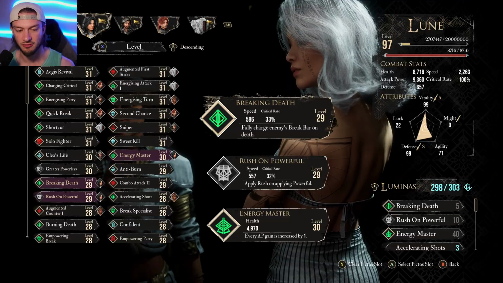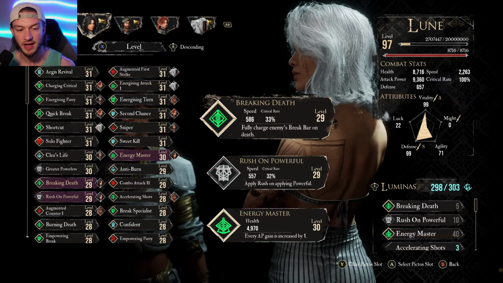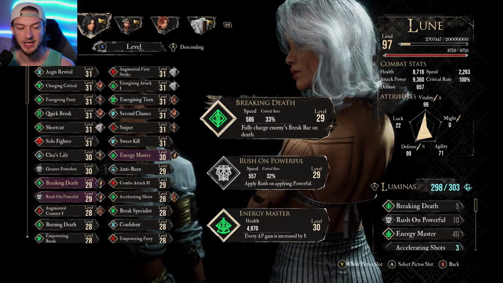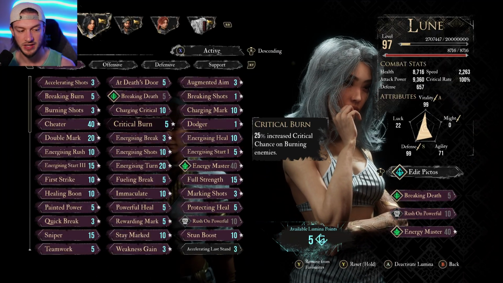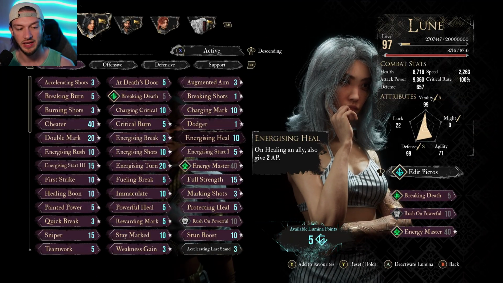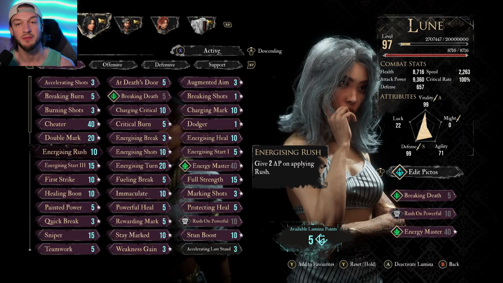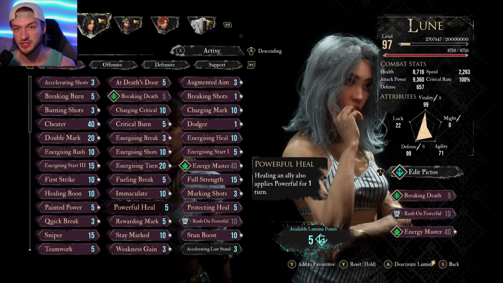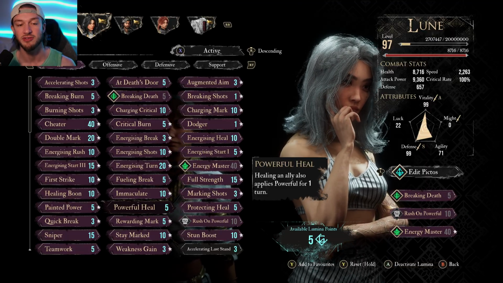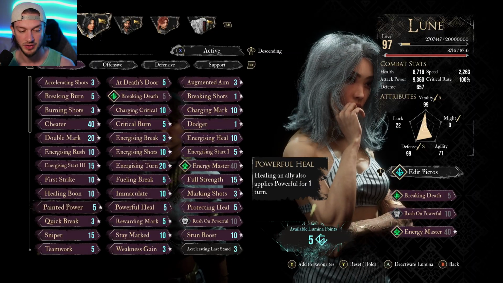I also went with the Rush on Powerful, Breaking Death, and Energy Master Pictos for her. Again, we're trying to get her critical rate up as high as possible to the 100% without really going over it. And for her Pictos, I recommend, again, anything that's going to give you increased gradient charges on your attacks. I also like to have ones that apply something on heal. So if you healed a character, it gave them Powerful for 1 turn, because Typhoon can apply Powerful every single turn, Shell for every single teammate,